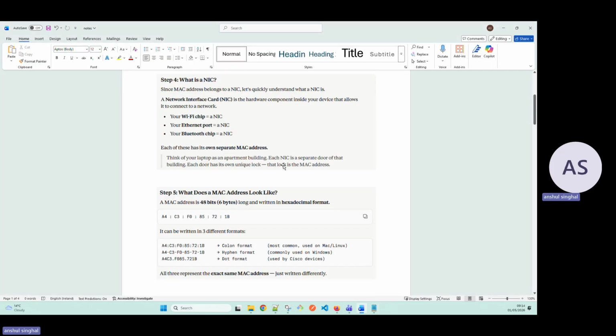If you look at this one, a MAC address is actually a combination of digits and hexadecimal characters, right? This is an example of a MAC address: A4C3F085721B. We can see it has 6 different pairs, and each pair may or may not be a combination of digits or digits plus hexadecimal characters. So essentially it's a hexadecimal format,